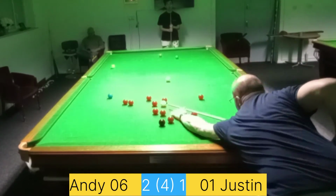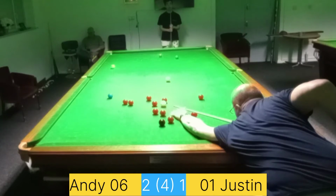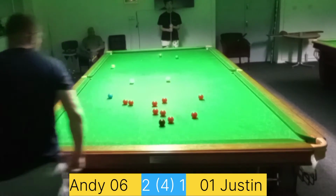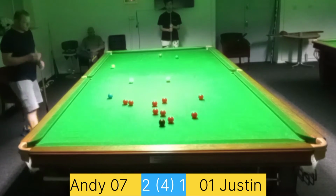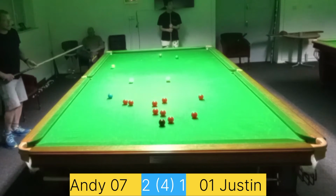Now, if I can get my paws on the table between these reds and not foul it, I can just about get through to this red. And gently roll that one in, get top side of the pink, and then play down through the gap for a choice of the two reds diagonally above the black into the left corner, so that I can then have